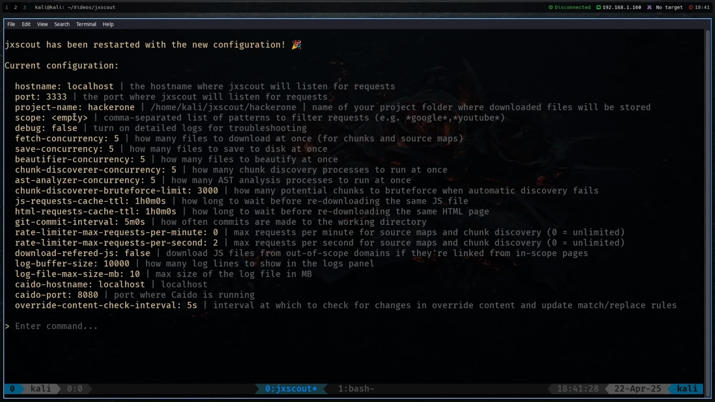So now let's continue setting up the JX Scout tool. Next we will have to set up scope. So config scope is equal to, I will just type in star HackerOne star. It's going to capture every single JavaScript file from HackerOne. I also like putting the debug to true. Config debug